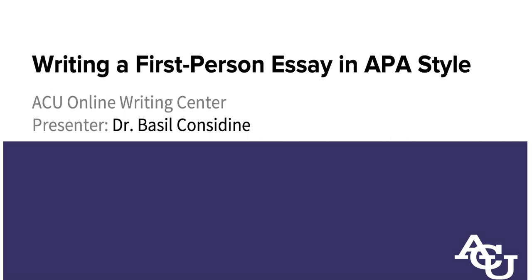I'm here from the ACU Online Writing Center, and today we're going to talk about how to write a first-person essay in APA style. It is a common misconception that APA style prohibits the use of first-person phrasing: I did this, I did that, I believe that. In fact, APA style has not only authorized the use, but encouraged it to clarify who did what ever since APA 6th edition. So we'll talk about this during the next 30-40 minutes, and we'll talk about this specifically through the lens of an assignment in the HIED program.